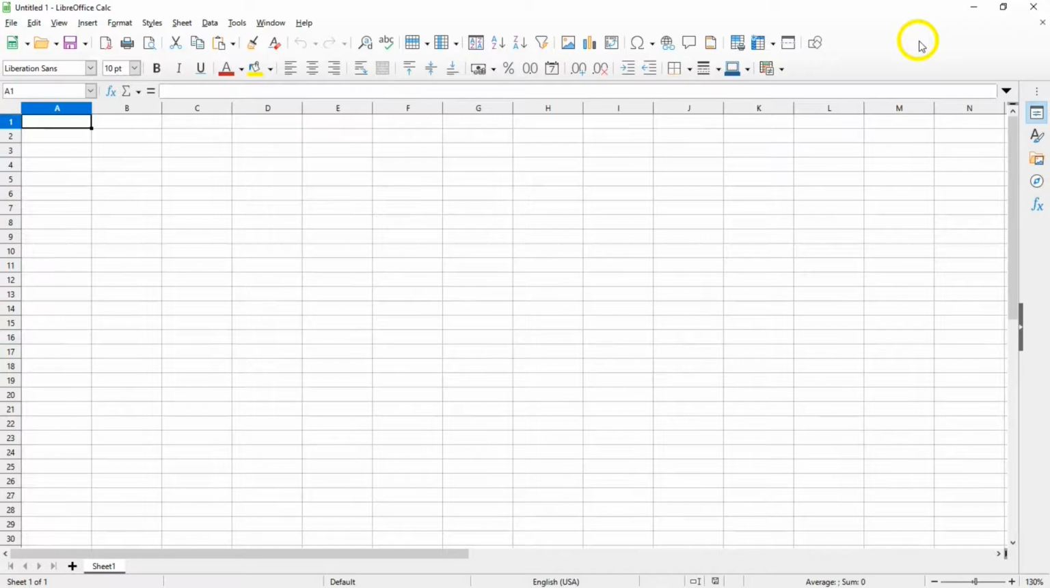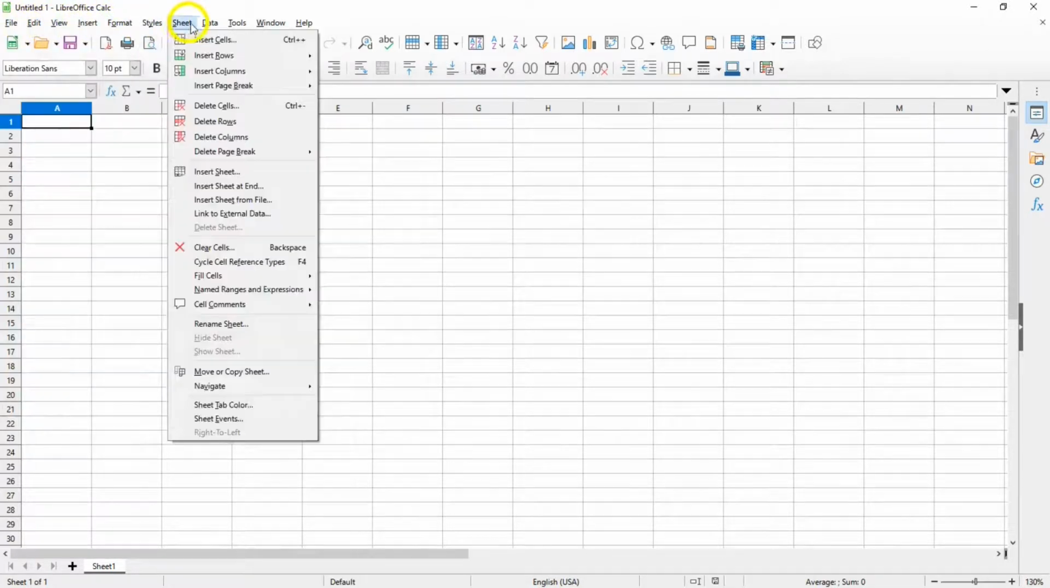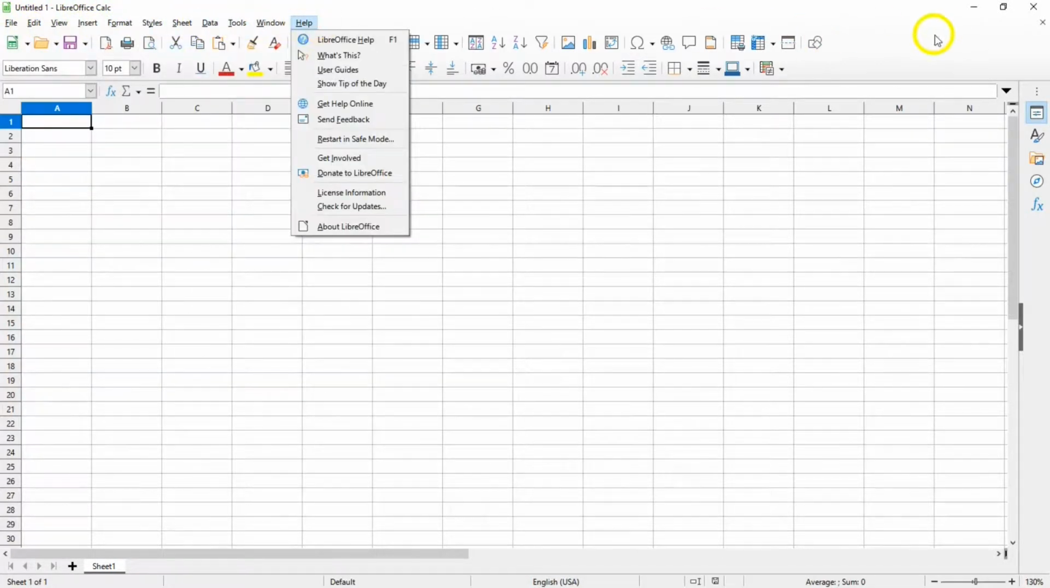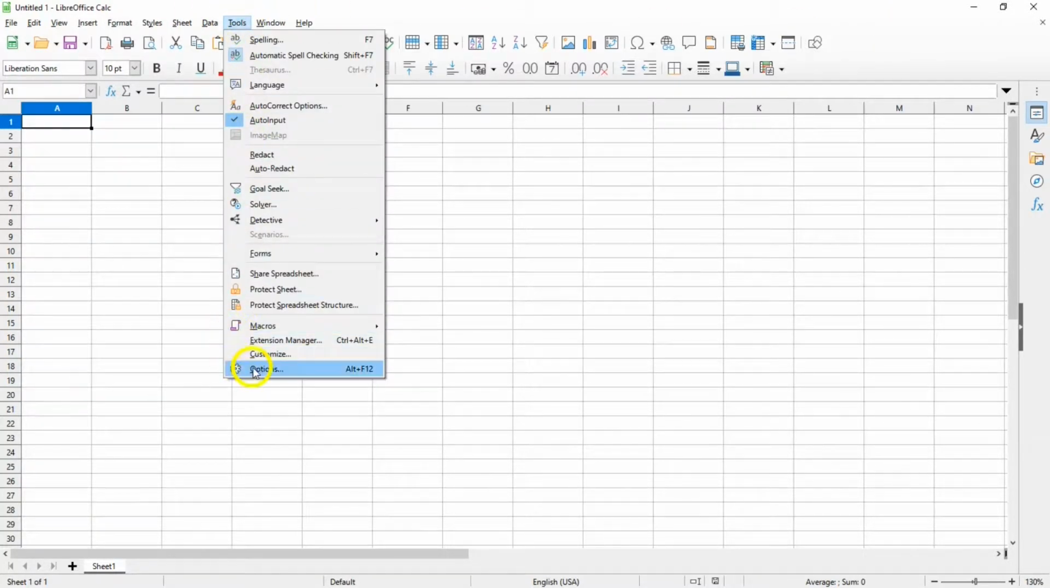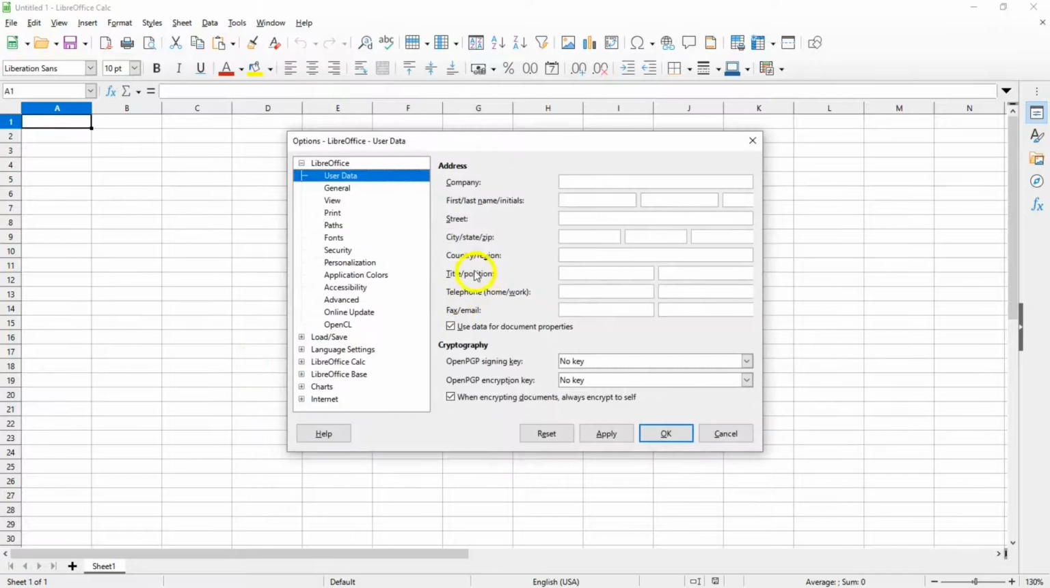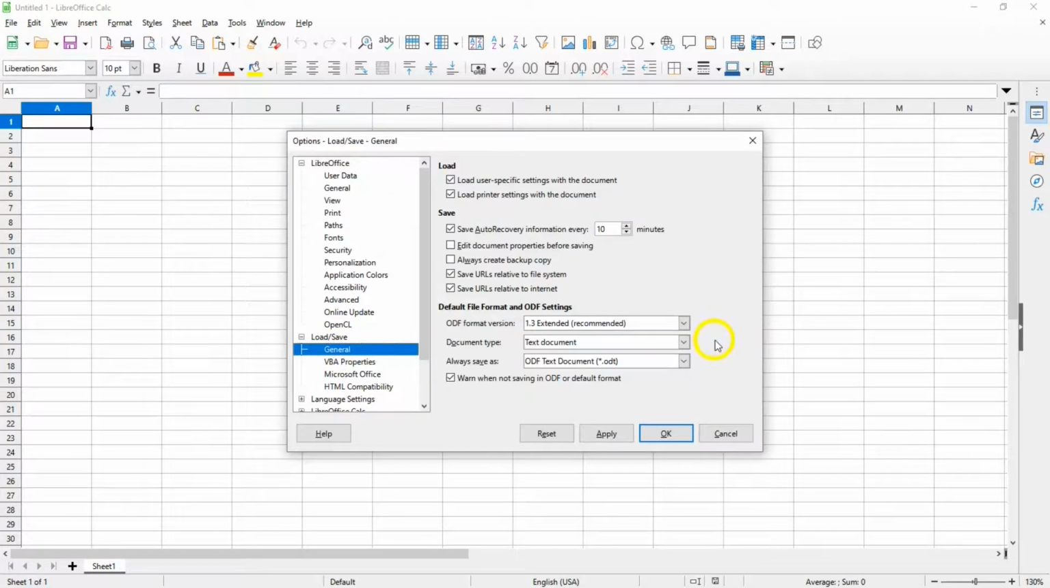Now we're looking at LibreOffice Calc, the spreadsheet program. Also a lot of features. A worthy rival of Microsoft Excel. And if you don't like the look of this, the look can be changed the same way as in Writer. And also the format. If you go in Tools, Options, just like in Writer, go to Load, Save, General, and